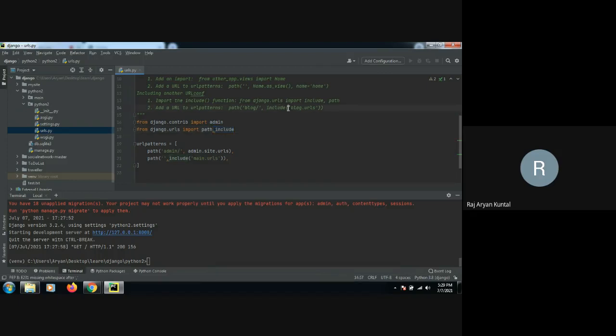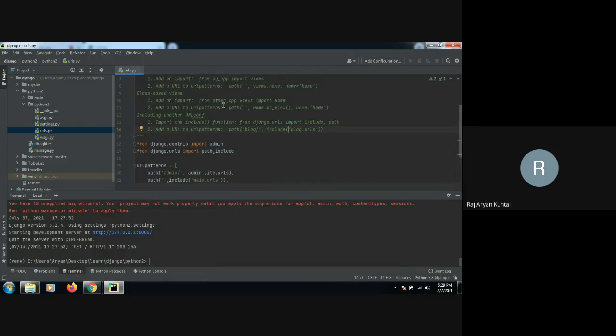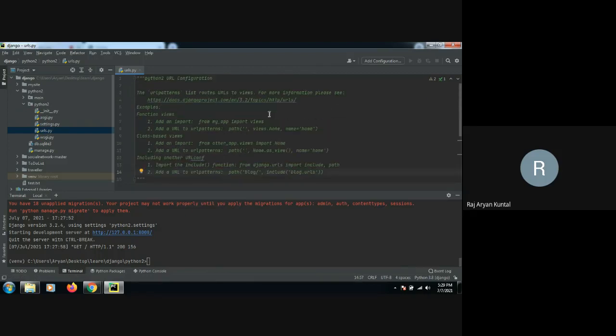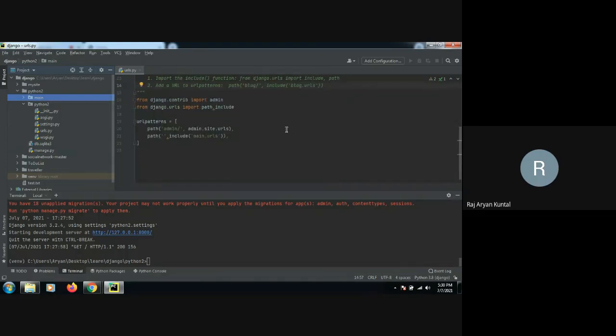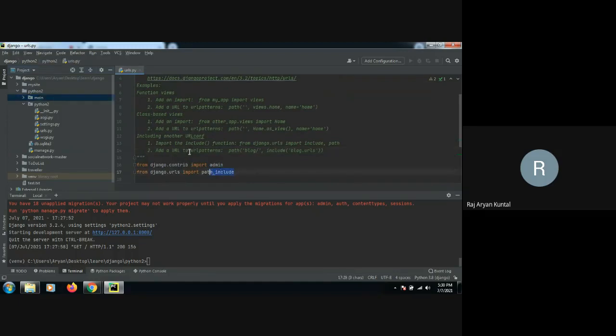And if you forget this somehow, you can look at the comments that are given here, right? So including another URL configuration, which means including this URL configuration. All right. So first of all, we import include from URLs. This is what we did here, and then we add the URL to the URL patterns, such that path, and then the address, the relative address, not the complete address, only the relative address, and then the